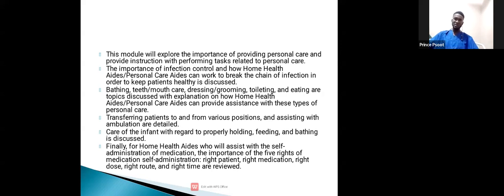So finally, for home health aides who will assist with self-administration of medication, you must also understand not just personal hygiene, but also self-administration of drugs, which is the right patient, the right medication, the right dose, the right route,